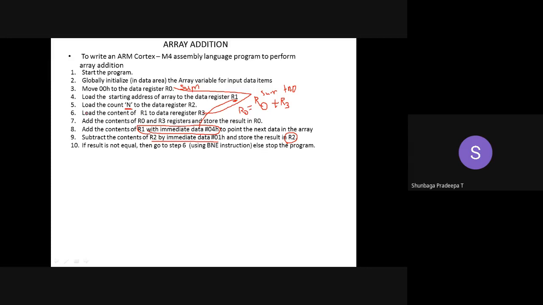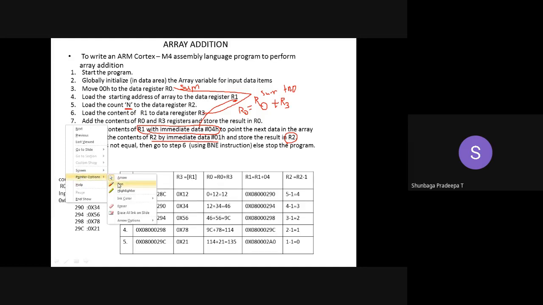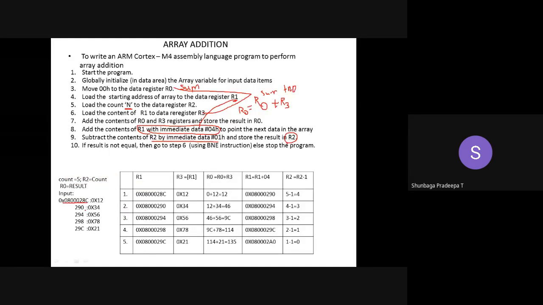Otherwise, you repeat the steps by accessing the data and adding the contents, incrementing the pointer and decrementing the counter to check whether all the data is over, and then you can stop the program. So here is a sample example. So if this is the base address, this is the first element's base address. I have loaded my count with 5 and R0 is the result which is initialized to 0. Okay. So R1 is pointing to this base address. If I'm accessing the data, it will correspond to the first data.